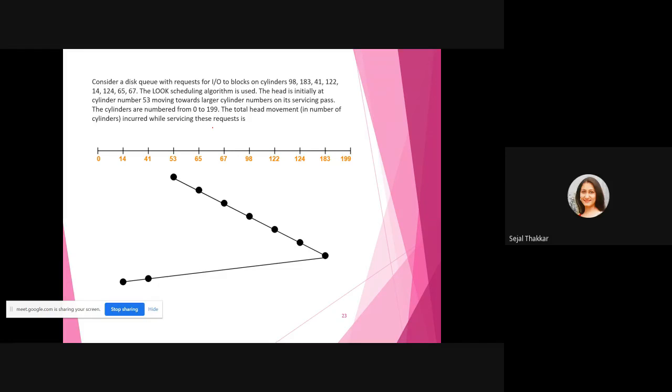The head will start from 53, then serve all the requests 67, 65, 98, 122, 124, 183. Then in the return trip it is going to serve the in-between requests, like if there is a 41, if there is a 14, so the in-between requests it is going to serve. The calculation will be